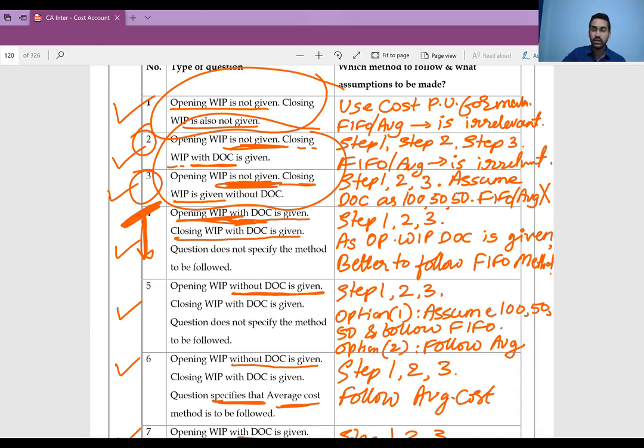Some students are the other way around. They start with whatever is available, working note 1, computation of something. They don't know why they are doing it. They don't know what their working note number 2 is. They just know that this number I can calculate. That means I will calculate.